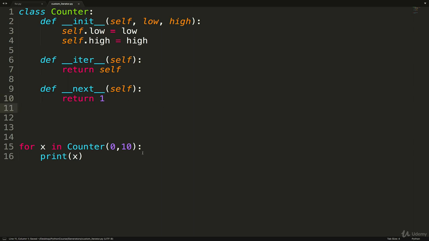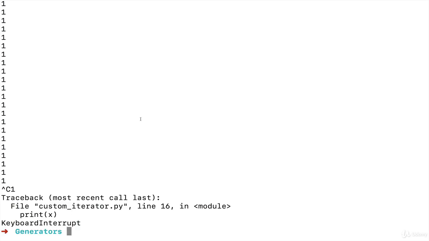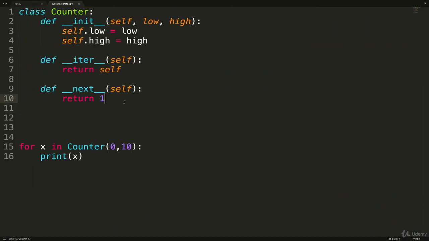And if I actually ran this right now, I believe this would be an infinite thing because we're not stopping at any point. Every time you call next, we get 1, 1, 1, 1, 1, 1. If I did that, there we go. Okay, stop this before I ruin my computer. So we now have an infinite iterator, which is actually a thing, but that's not what we want here.